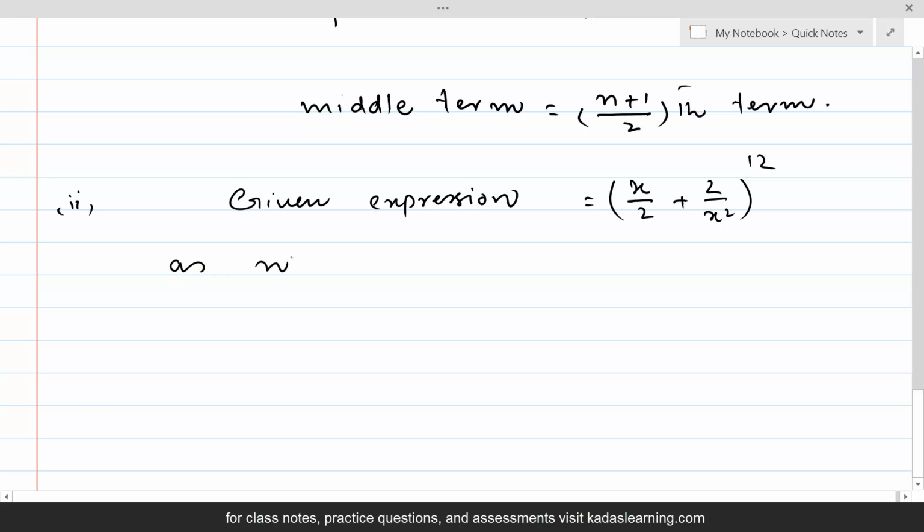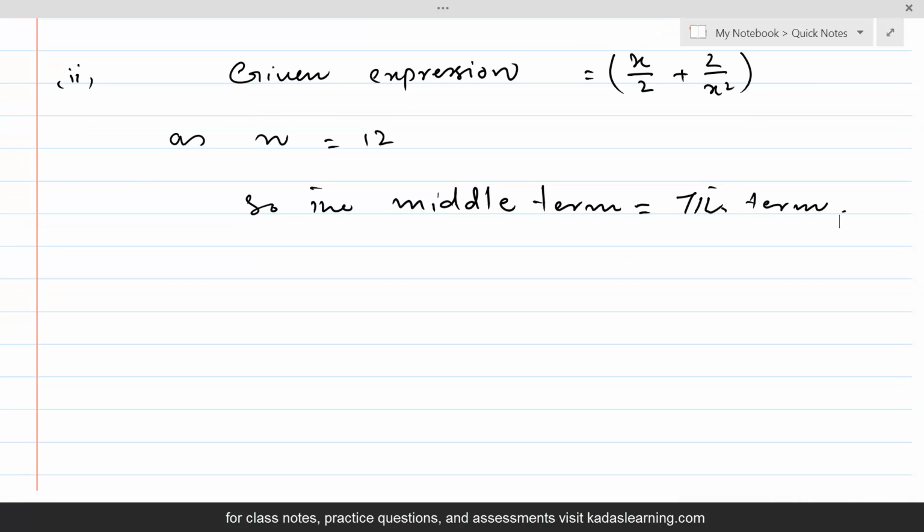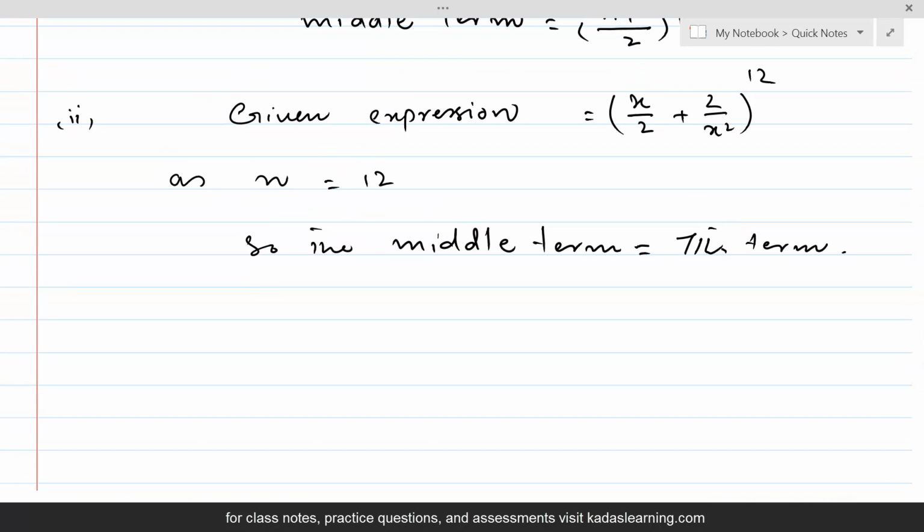As n is equal to 12, the middle term is equal to the 7th term. Again we start by writing the general term, or we can even write directly. The 7th term means T(6+1) equals 12C6